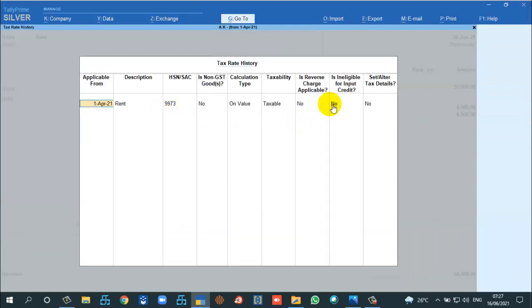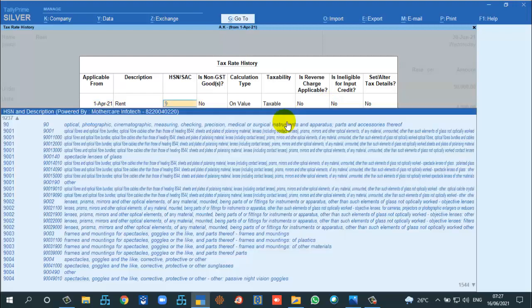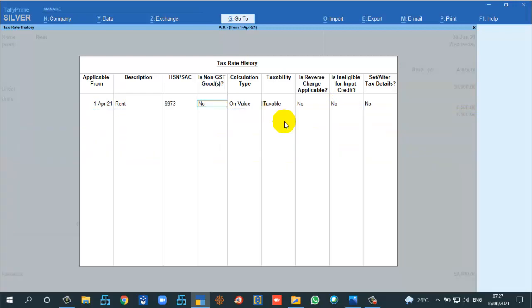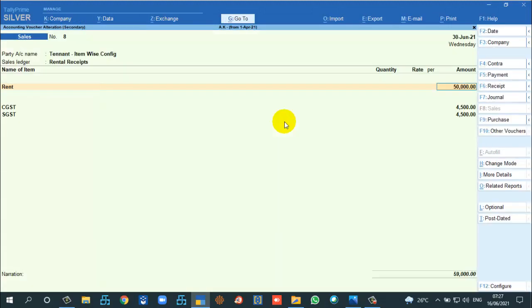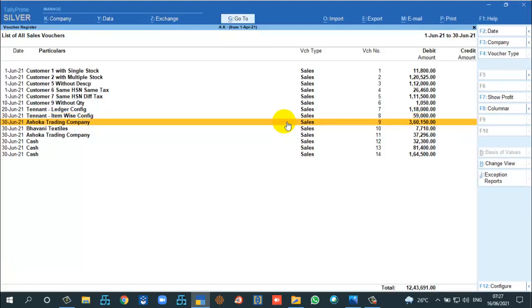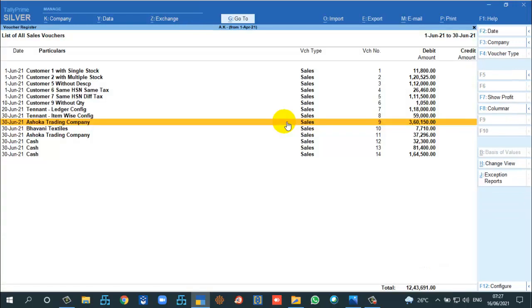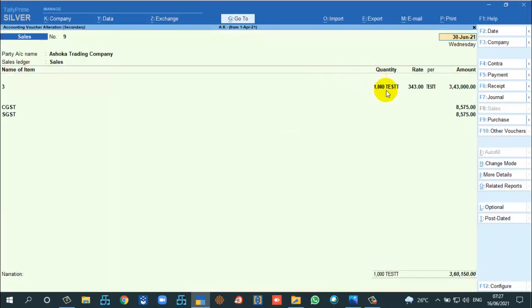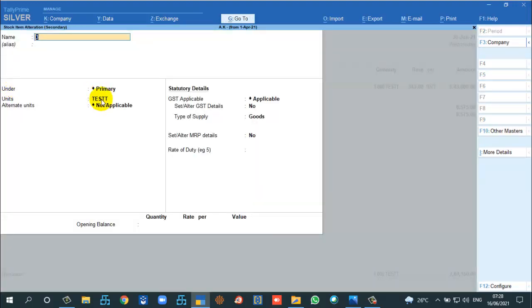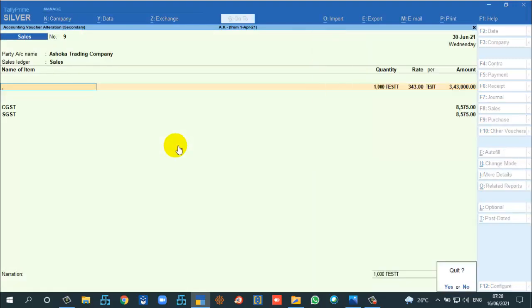This type we can also do. Here we can take 9973, and this is for service. The unit will be more than 3 digits, and this type of configuration is also accepted while uploading to the portal without any error.